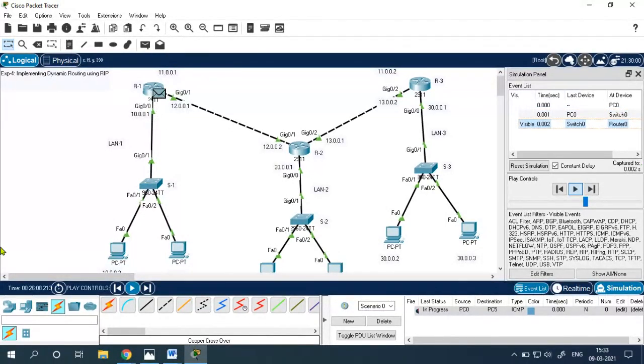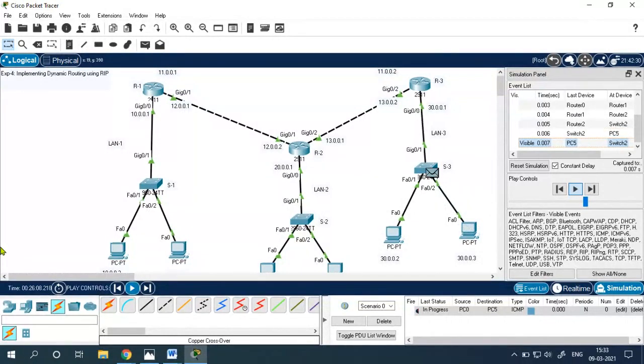Going to router 1. Yes, bingo. Now it has opted for another path, the alternate path. It is delivered to router 3. From router 3 to LAN 3. It has taken the alternate path from router 1 to router 2.